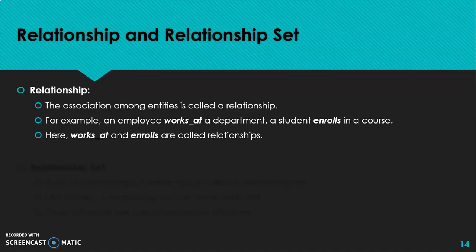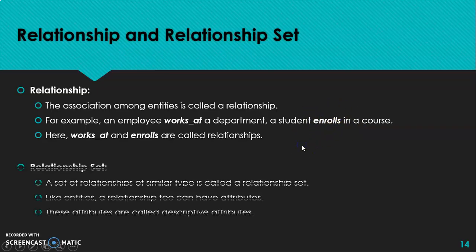In the first, an employee is an entity, a department is an entity, and to link them you have works at. So works at becomes a relationship. The employee entity and the department entity are linked with the relationship works at. Similarly, a student is an entity, a course is an entity, and enrolls becomes a relationship between these two entities.